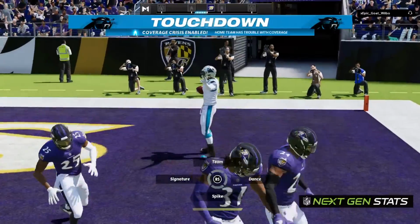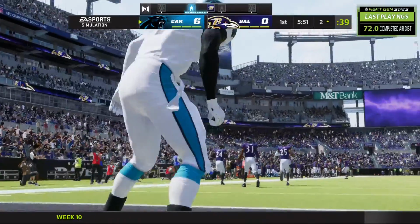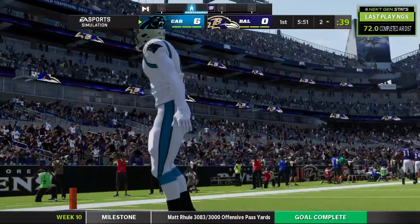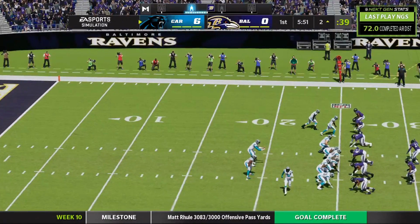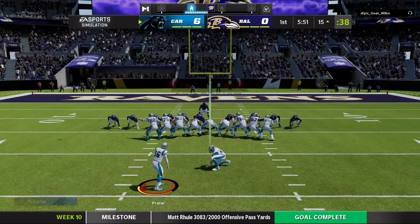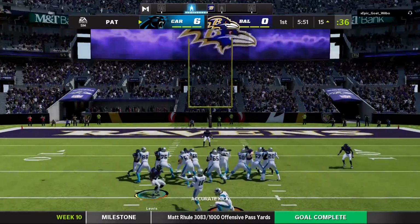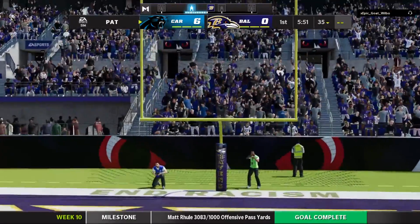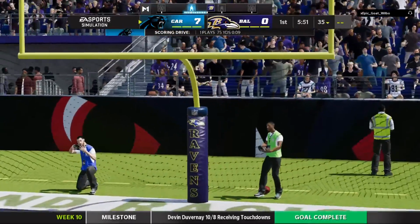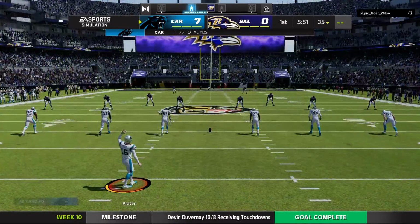Touchdown, Carolina. Devin Duvernay hitting double digits with his 10th touchdown of the season. And the Panthers are on the board first on the road here in Baltimore. Now Matt Prater for the point after. And this will be good to give the Panthers a 7-0 lead. Makes the score Panthers 7, Ravens